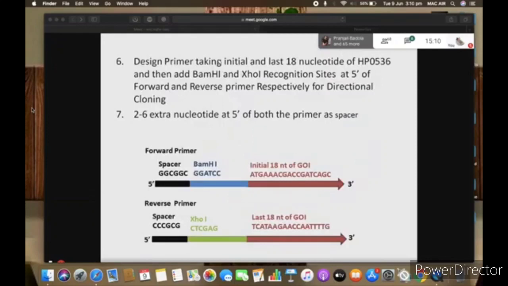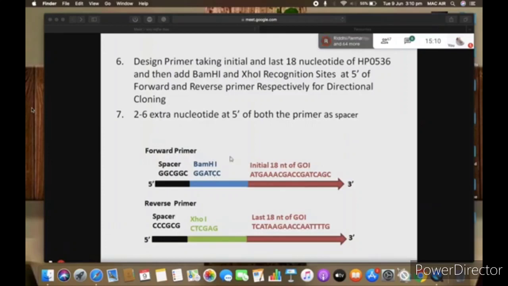Design the primer taking the initial and last 18 nucleotides of the gene, whatever gene you have; 18 or 17 nucleotides you should take. This is the initial, this is the last, this is the reverse primer, and this is the forward primer. Here you add restriction enzyme sites. Which restriction enzyme should you add in the forward?